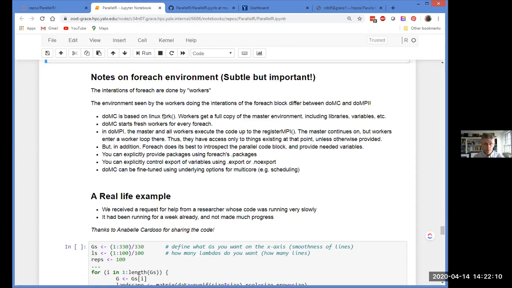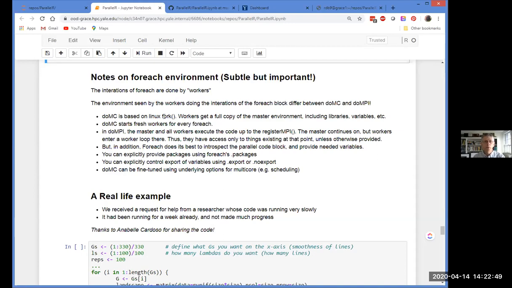doMPI is really different as far as this goes. And this is really subtle, but important. In doMPI, Slurm is going to start all the workers and the master. So all 8 processes. If you set up 8 tasks, task 0 is going to be the master. Tasks 1 through 7 are going to be workers, and they all start at the beginning of your R code, and they all are running, doing exactly the same thing all the way till they hit the registerDoMPI.